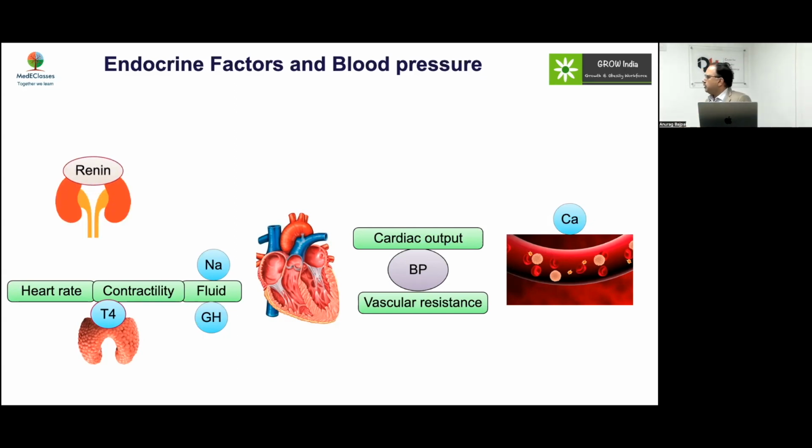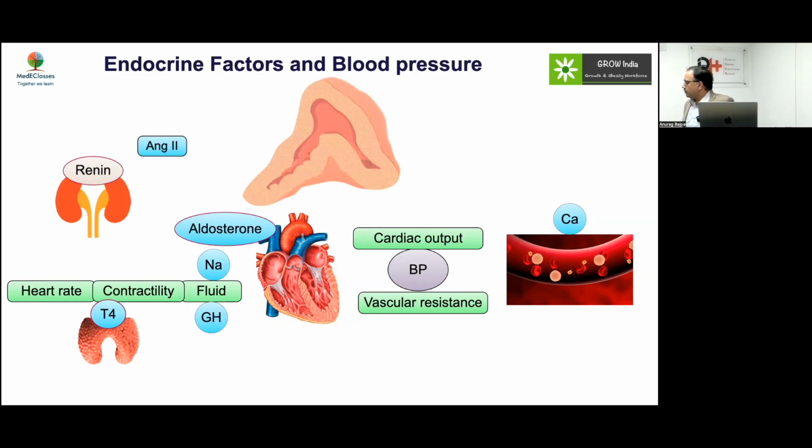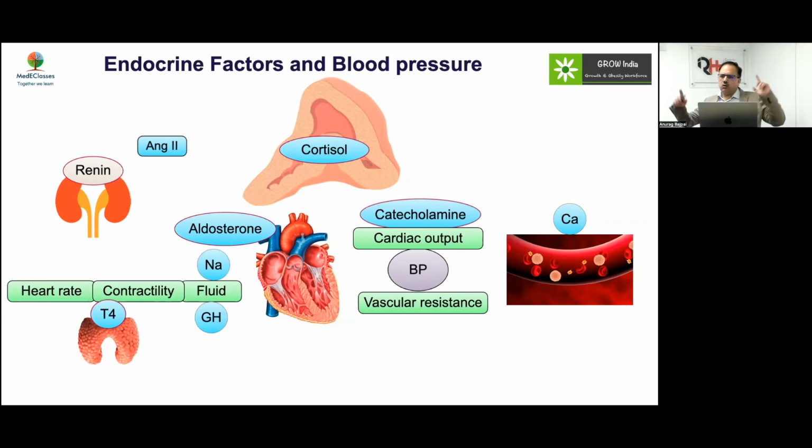Coming on to the most important part, of course, is the renin, angiotensin, aldosterone system, in which renin basically converts the angiotensinogen, and then we have the ACE converting into angiotensin 2, which triggers the adrenal production of aldosterone, which is a primary regulator of sodium absorption in the body. Now, adrenals also produce cortisol, which is the trigger as far as catecholamine production. So overall blood pressure regulation involves a number of hormones, and disorders there could cause, quote unquote,